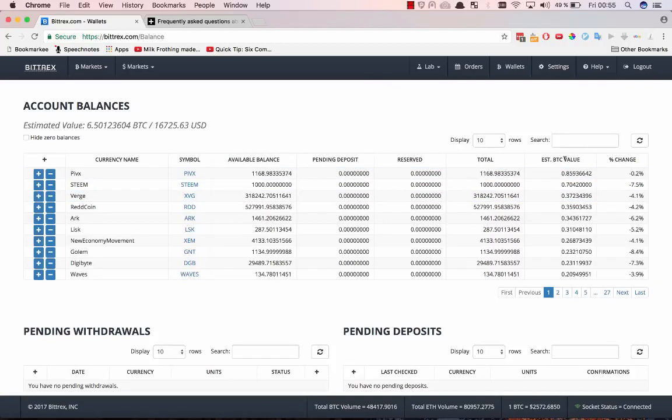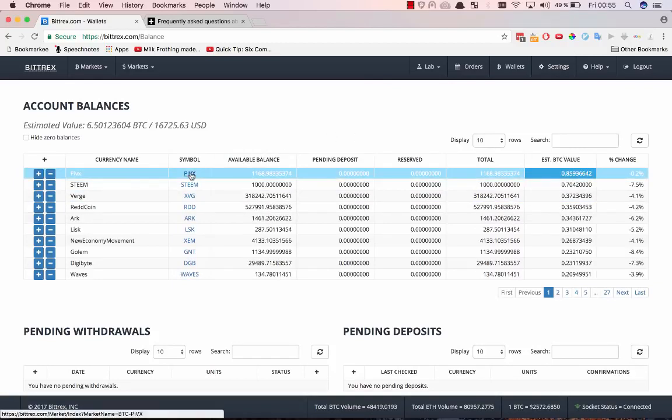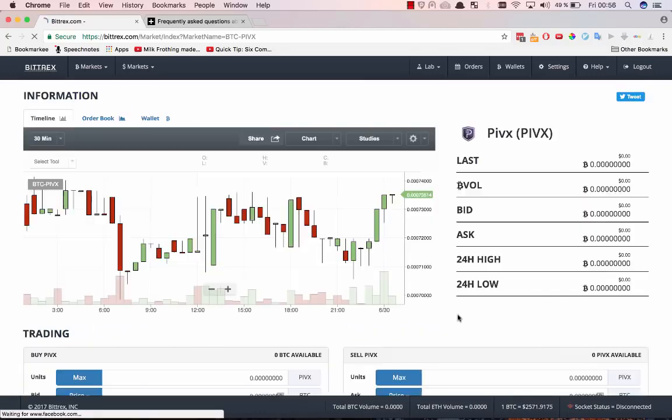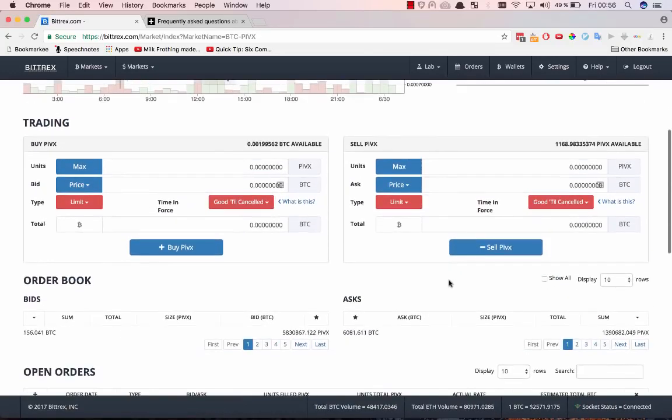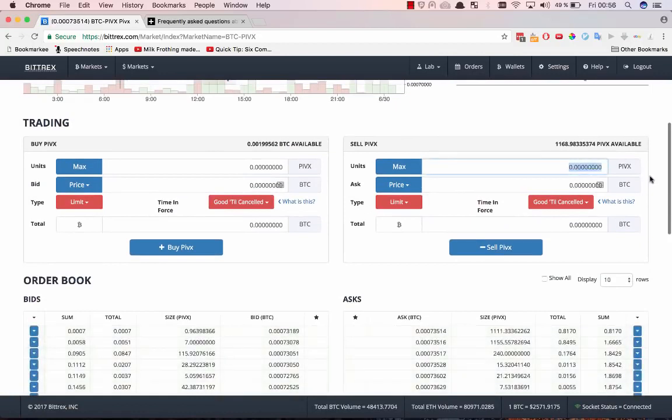For selling purposes, let's sell one Bittrex token. It's very small, but I really like my Bittrex portfolio, but for this demonstration, we will sell one. So I click on the Bittrex symbol, scroll down to the sell section, type in the amount, which is 1,